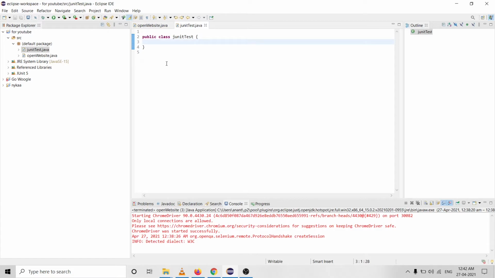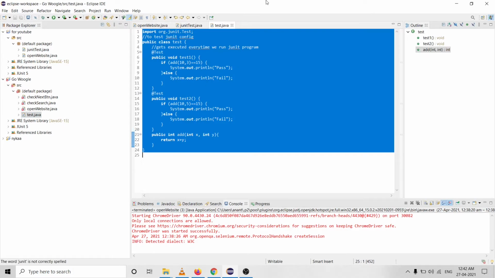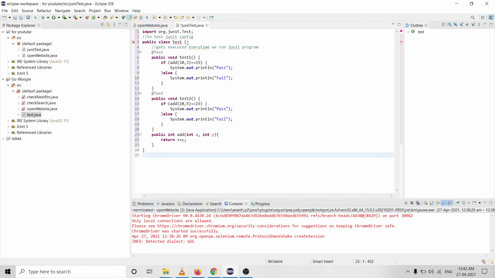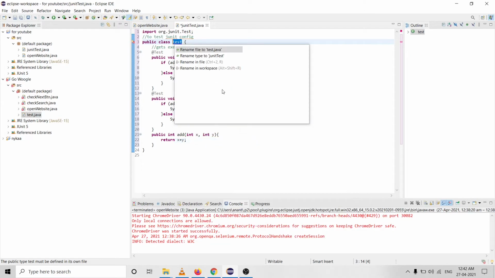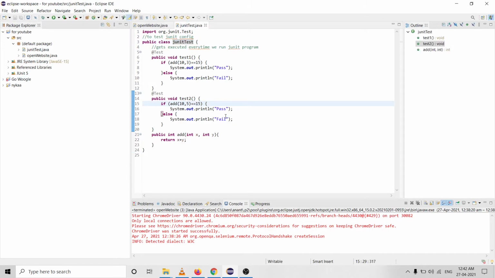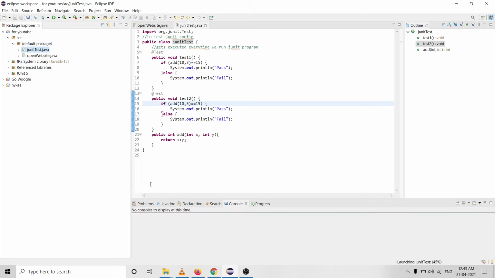JUnit does not require the public static void main function or method. Let's run it as a JUnit test.